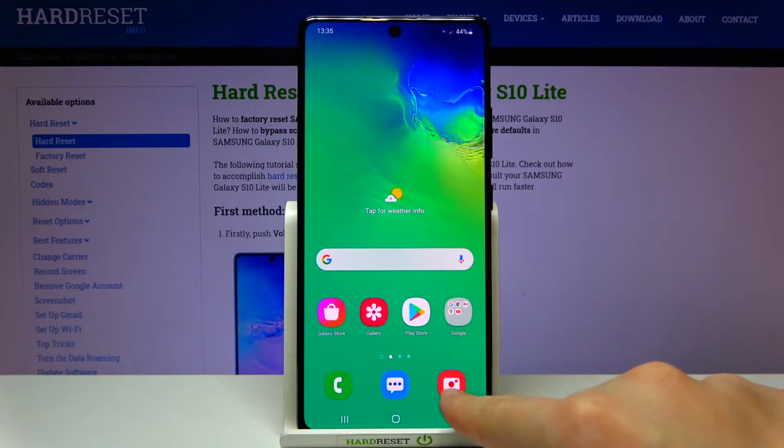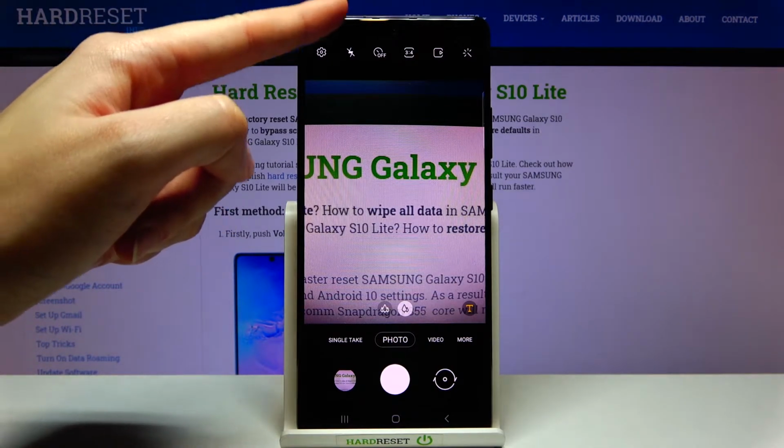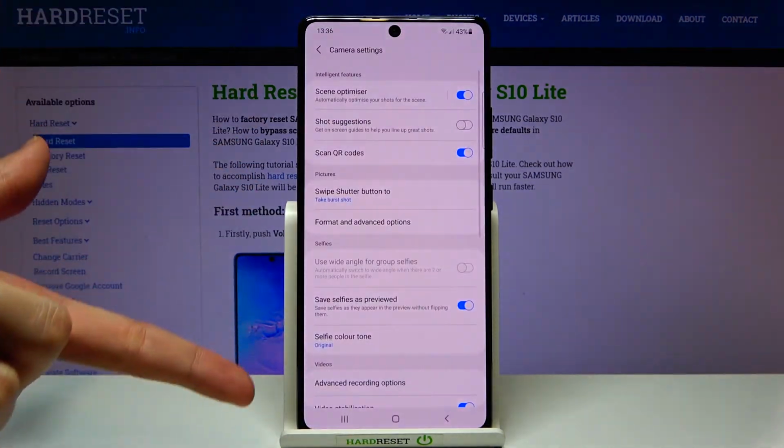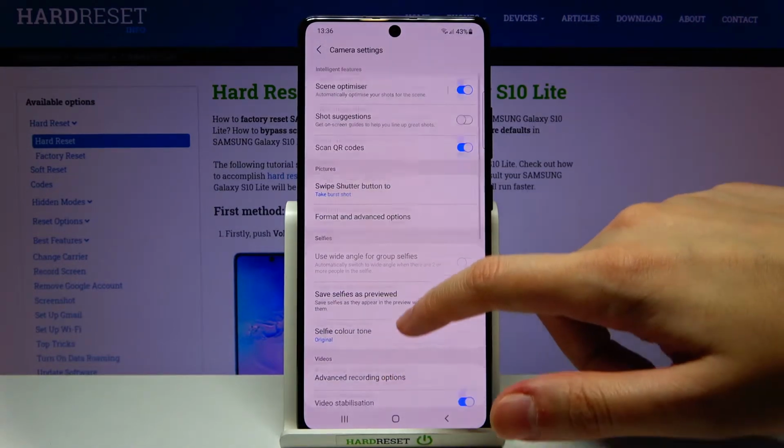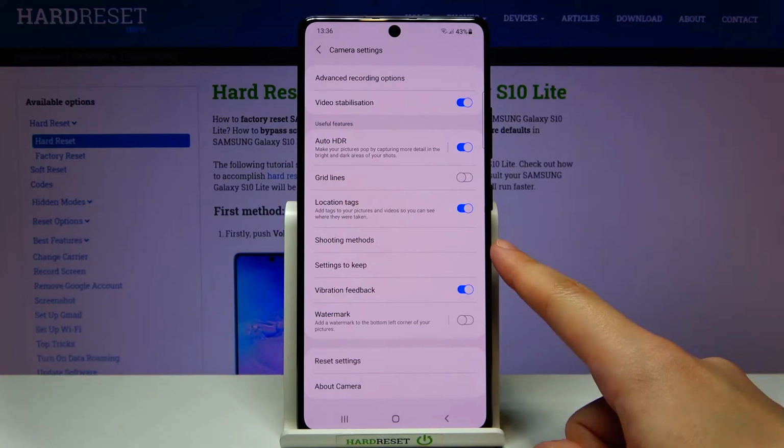So at first we have to tap on a camera button to open it, and for now we are in the standard photo mode. From here let's go to the left corner. When we pick this button we can open the advanced camera settings. Now let's slide a little bit down to the useful features category, and here we have to pick the shooting